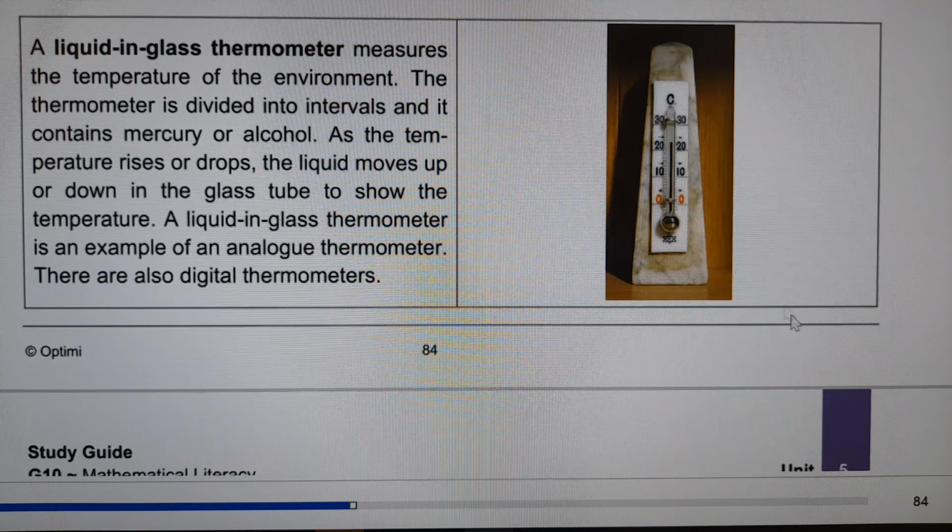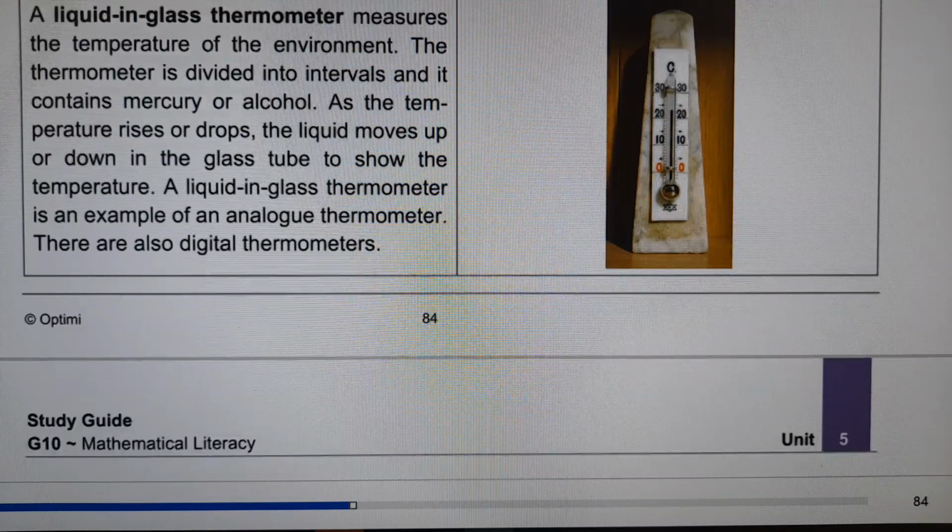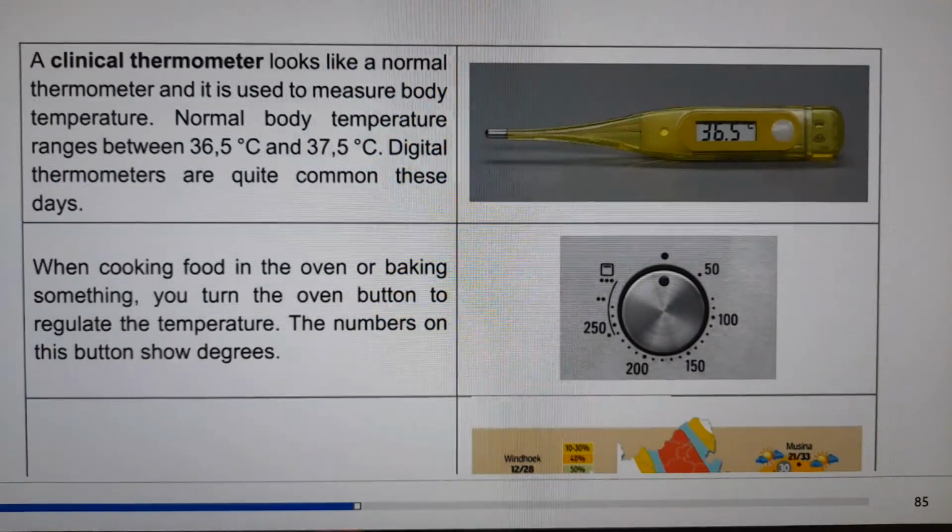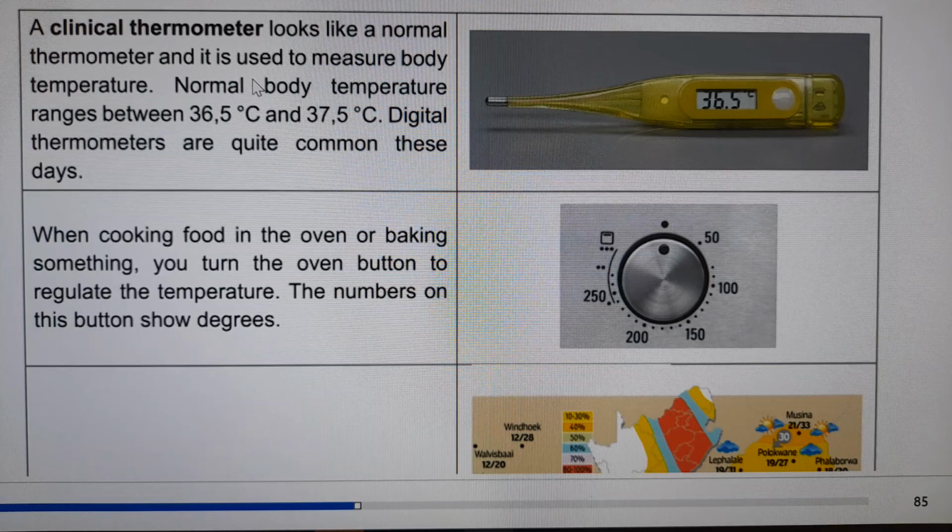There are also digital thermometers. And we have a clinical thermometer. A clinical thermometer looks like a normal thermometer and is used to measure body temperature. Normal body temperature ranges between 36.5 degrees Celsius and 37.5 degrees Celsius. Digital thermometers are quite common these days. Those are the ones that we use when you come in, go out, and during the day to check your